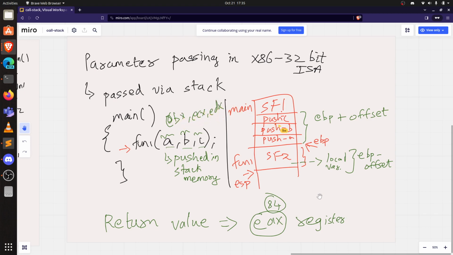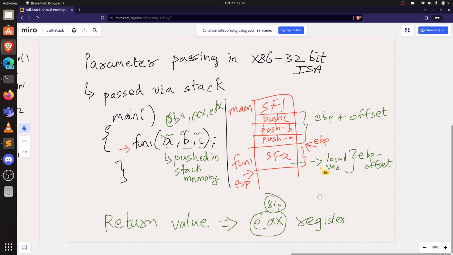And instead of pushing them onto the stack, in my function 1 the compiler can emit instructions in such a way that instead of using EBP plus offset to access the parameters that have been passed, I can access the registers EBX, ECX, and EDX directly, which is significantly faster when compared to accessing a stack memory location, right? So everything is with respect to the compiler engineer, but usually most compiler engineers will follow this sort of standard